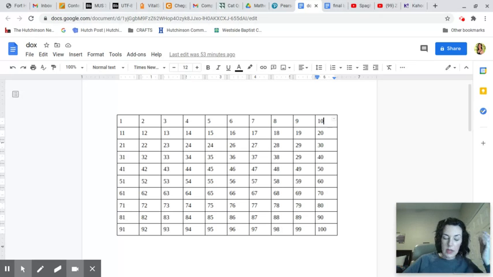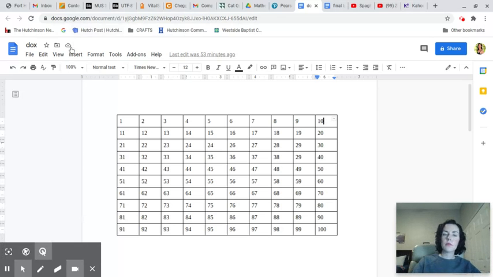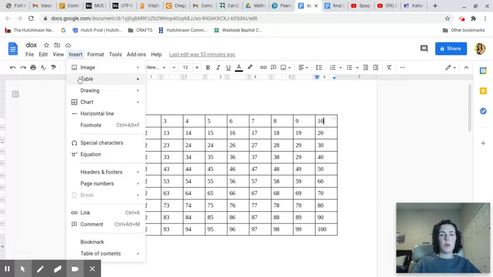Then I would ask the students to go into our Google Classroom, open the folder that I have made specifically for this class period, and then create their own 100s charts. And so by doing that, and I would demonstrate this, they'd go to Insert, they would go to Table, and then they would make a 10 by 10 box,